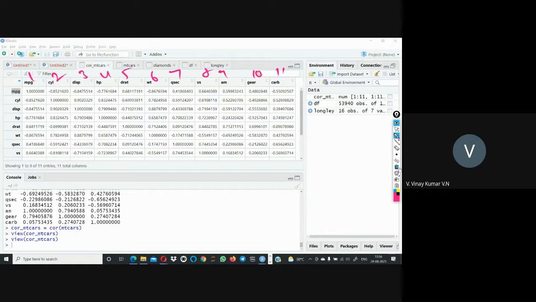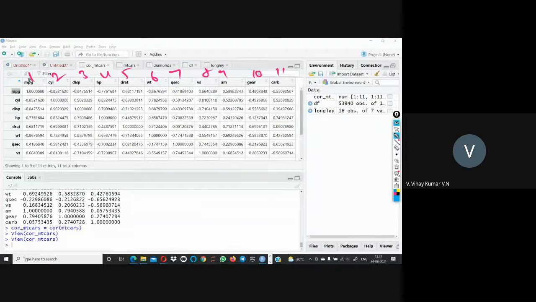These other columns are available, but I am not interested in them. You can mix and match: skip a few columns and apply a line graph, a bar graph, or do all the things. In every plotting I'm using some new technique, so you can use these bar graph techniques in the histogram and all. One thing I'm explaining is that you can take particular columns and plot the graphs.